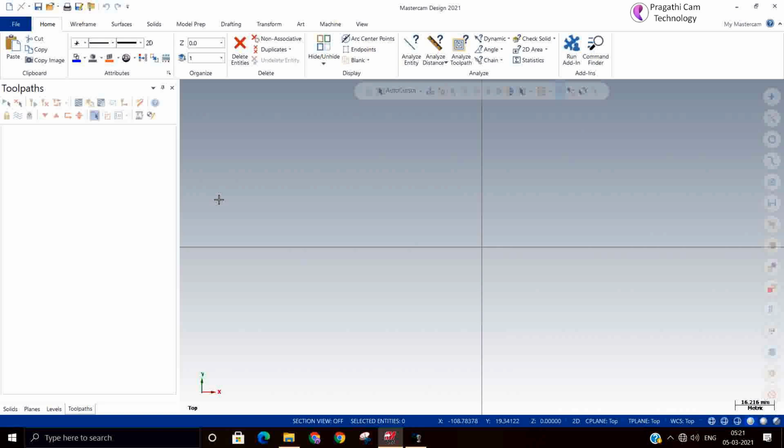So this high-speed machining, not all machines can accept the high-speed toolpaths. Nowadays, new machines have the capability of accepting the high-speed toolpath, but old machines don't have this capability.